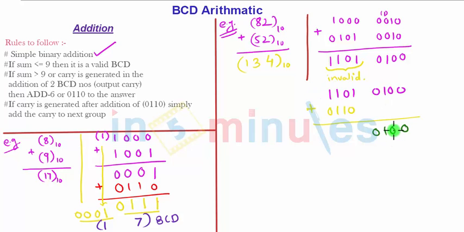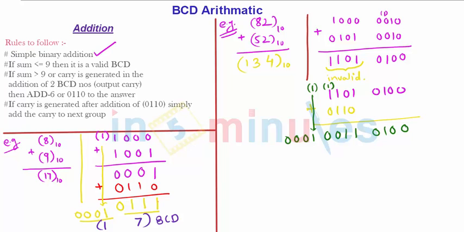So the first group will be taken as it is, and simple addition performed here. 1 plus 0 is 1, 1 plus 1 is 0, carry generated here is 1. Again this carry 1 plus the number 1 will be 0 here, 0 plus 0 is 0, and 1 plus 1, carry generated, that will be taken here. And this is the newest carry, the leftmost carry, so you need to keep it as it is and form another group of BCD number by padding it with 3 zeros.